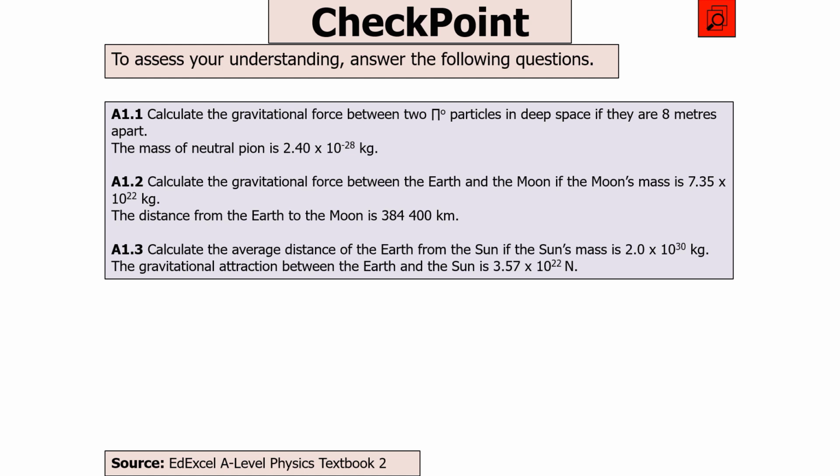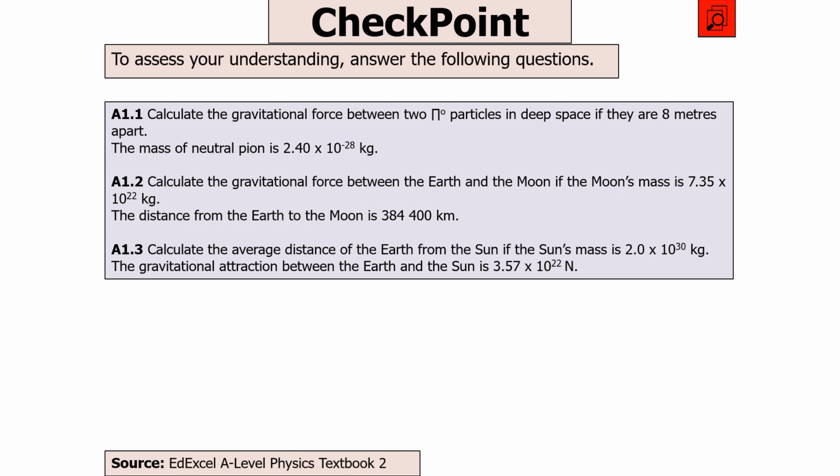The next question says, calculate the gravitational force between two pi-0 particles in deep space if they are 8 meters apart. The mass of this pi-0 or neutral pion is 2.4 times 10 to the minus 28 kilograms. Then calculate the gravitational force between the Earth and the Moon if the Moon's mass is 7.35 times 10 to the 22 kilograms. The distance from the Earth to the Moon is